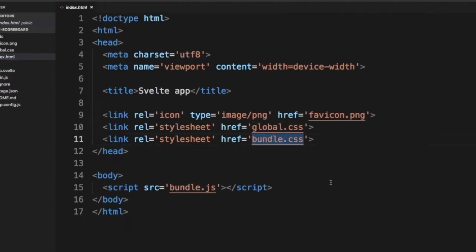We have bundle.css, where your component-level styling will compile, and bundle.js is basically your whole application. All your files are going to be compiled into this JavaScript. And I'm going to change the titles here to see